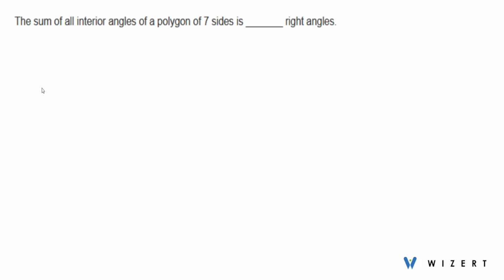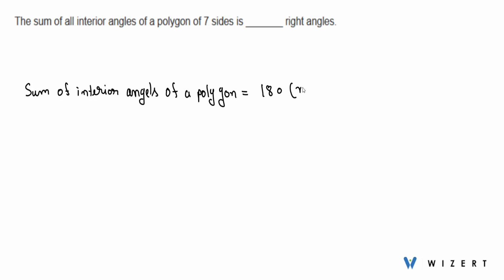So, sum of interior angles of a polygon is given by the formula 180 multiplied by n minus 2, where n is the number of sides. Therefore, for n equals 7,